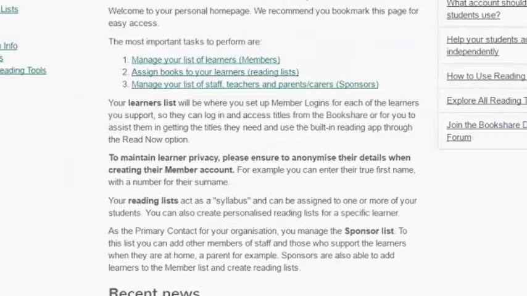And with Load to Learn, you can actually do a wee bit of housekeeping behind the scenes, and you can set up a variety of learners, and you can assign certain books to certain learners so that they have their reading lists available to them. There's a bit more functionality with Load to Learn than there is with Books for All, but in principle the same rules apply. If the child is print disabled, they can access these sites, they can download books in electronic format, and they can utilise the technology available at your school, including read-write software, to read any PDFs of these